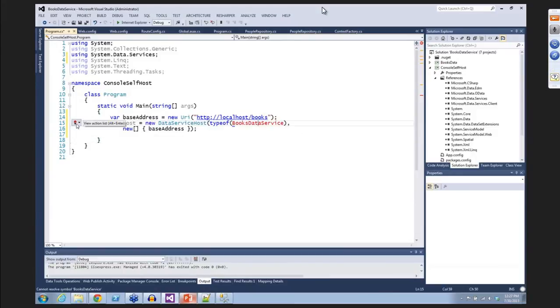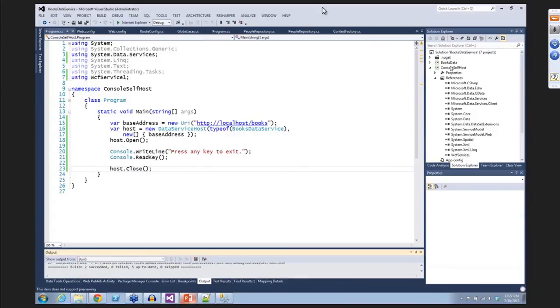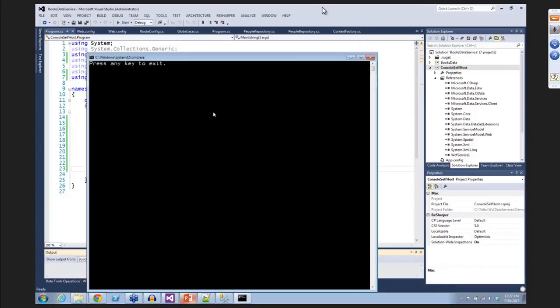And books data service is referenced from that other library. Actually, it's not even a library, which is kind of yucky. And then we'll say host.open. I would probably move those out into a separate library. Press any key to exit, and host.close. Okay, and then if we set this as the startup project and we launch it, press any key to exit,